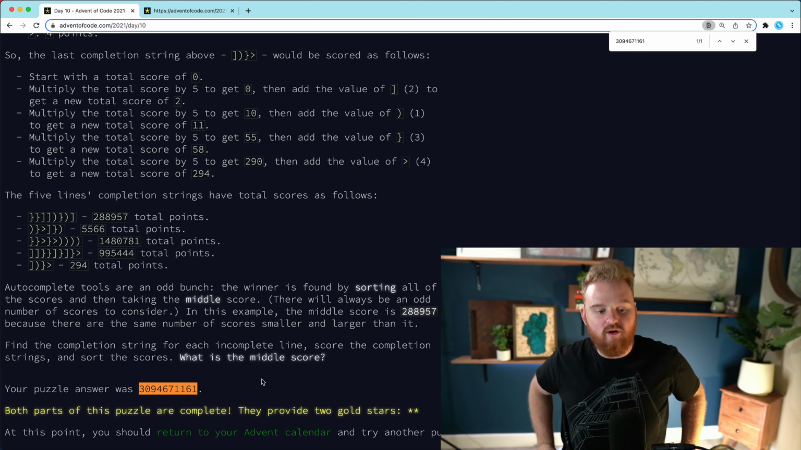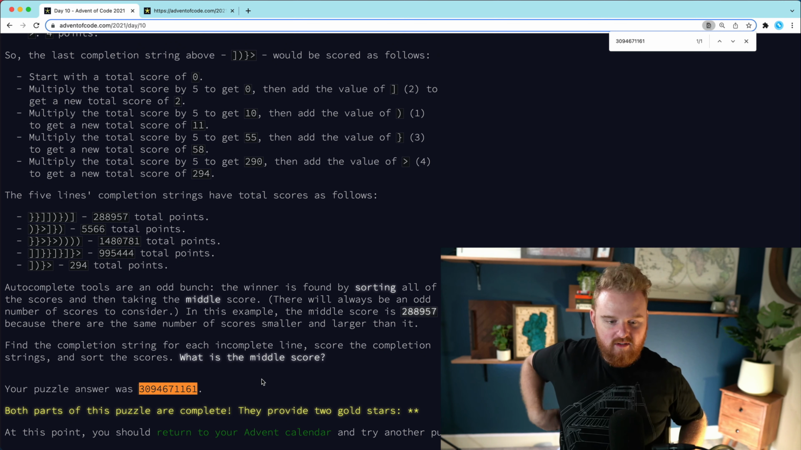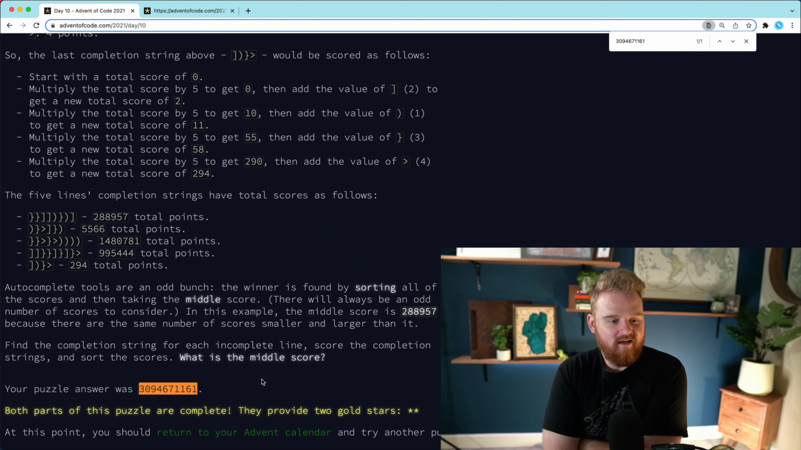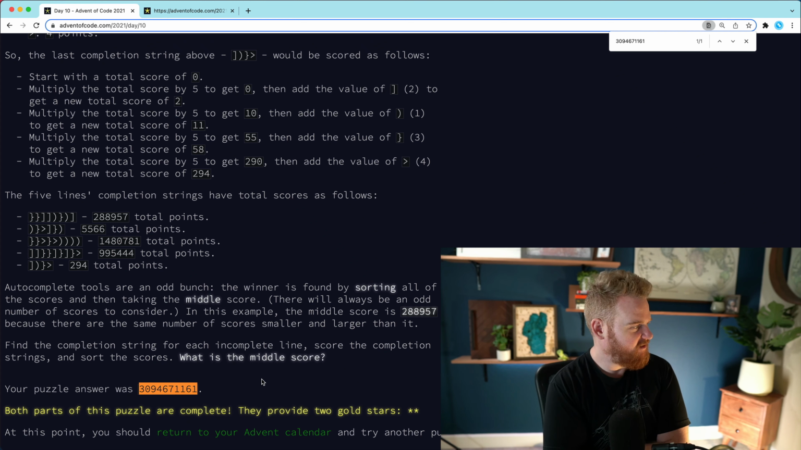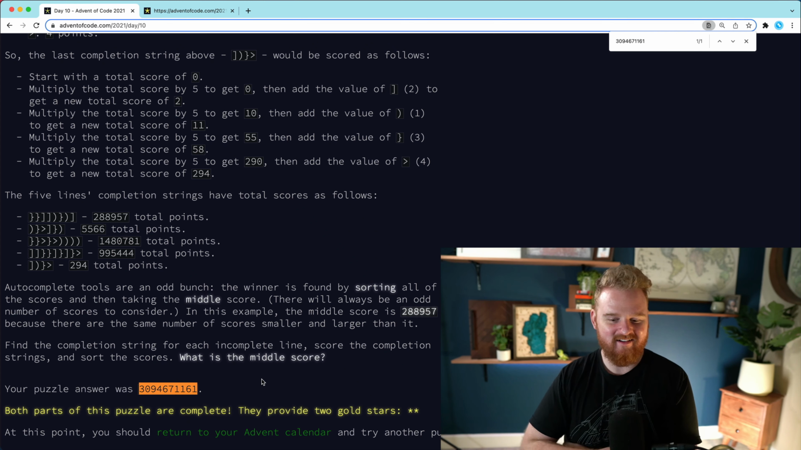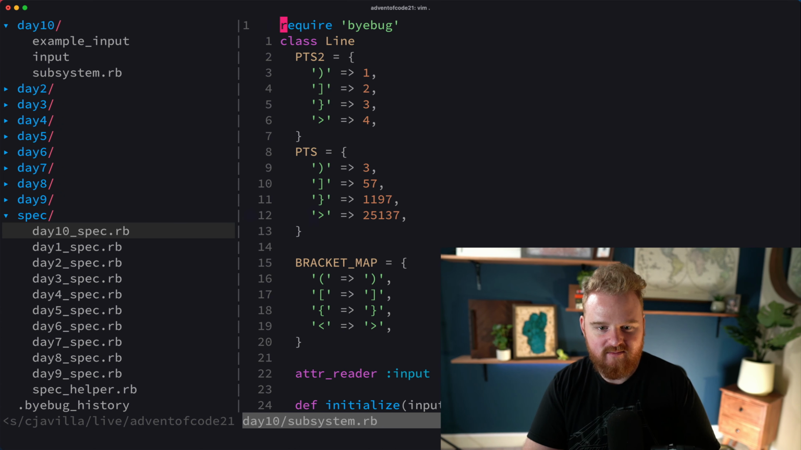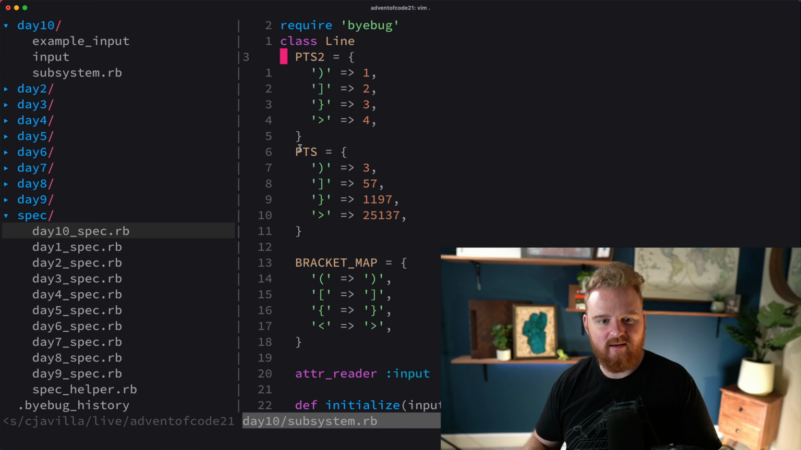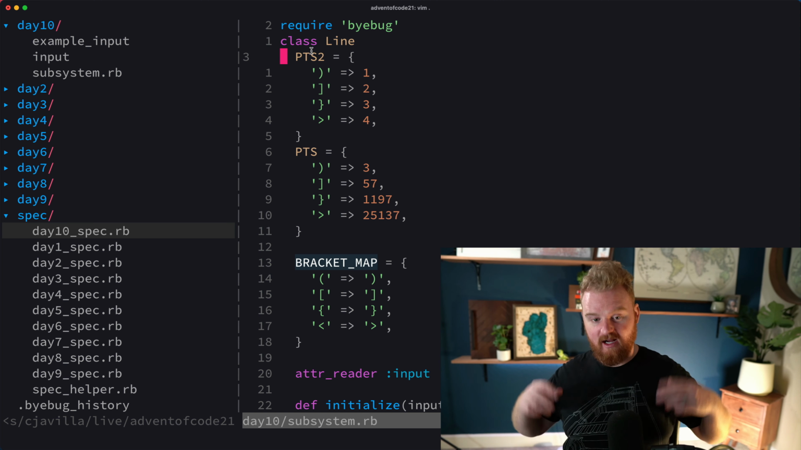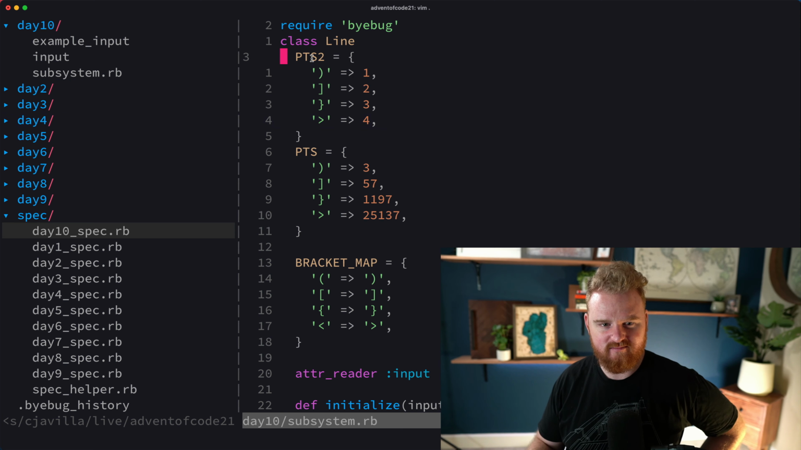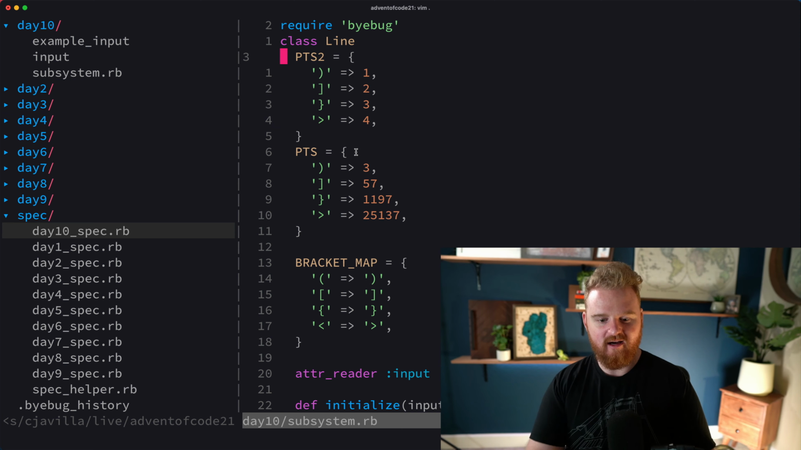Okay, so these bracket pairing problems are fun. Stacks, finding illegal characters, are they corrupted, are they incomplete, et cetera. What did we go through in here that may have been interesting? So I'm calling these points and bracket map. These are all in caps, meaning that they are constants inside of the class. It's a really convenient way to hard code something that you're not going to mess around with,